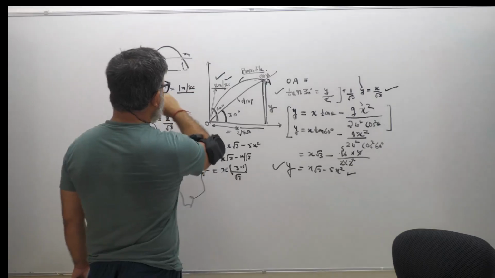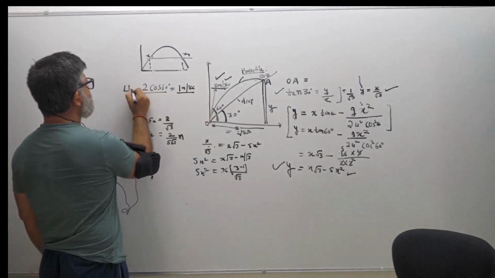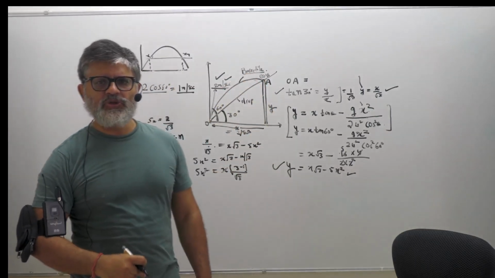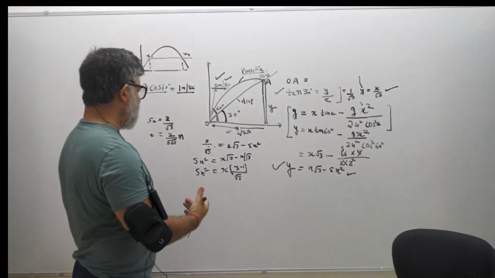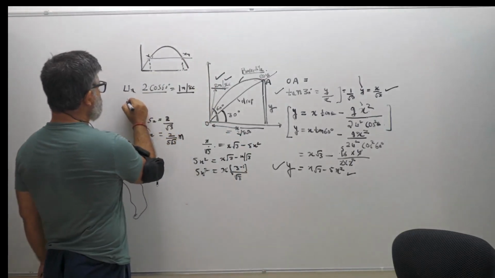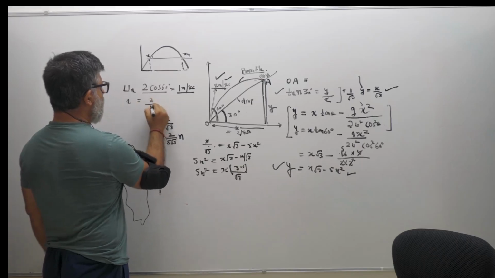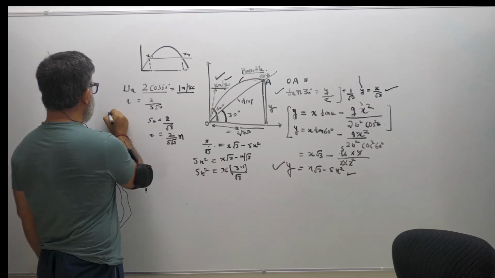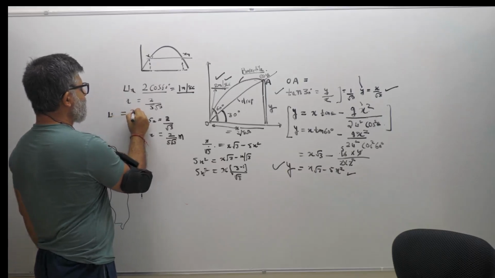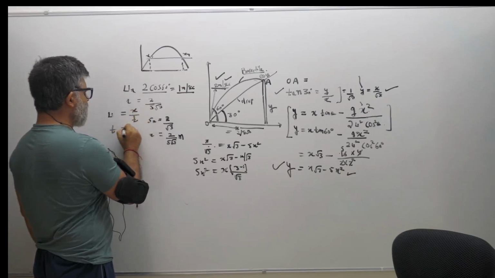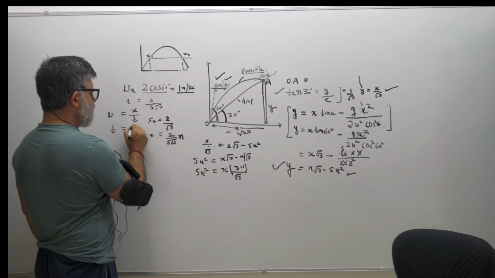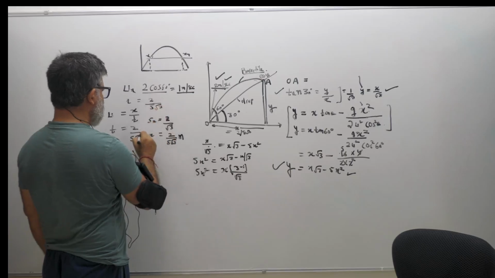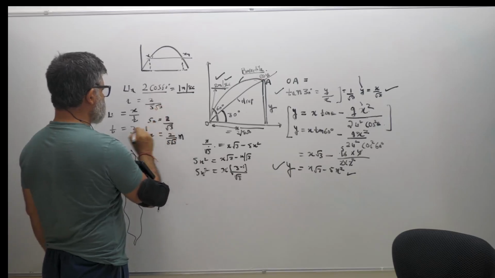Now I know my horizontal velocity, ux, and throughout the projectile it never changes. That is why I've decided to use it. So I know the horizontal distance now, which is 2 by 5 root 3. Therefore, since velocity is given by distance upon time, time is given by distance, which is 2 by 5 root 3, divided by my velocity, which is 1, right?